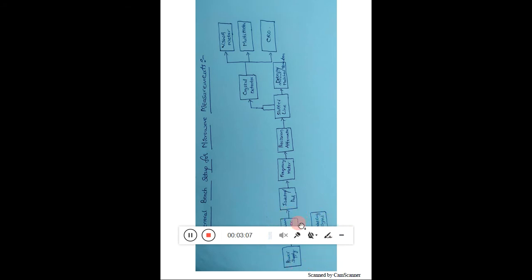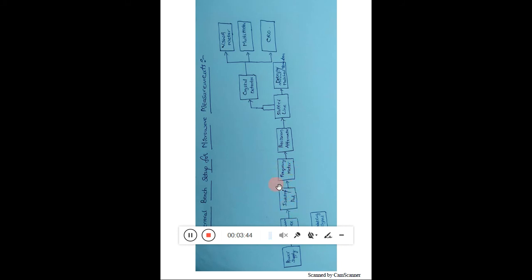Then it is connected to an isolator or a pad. This isolator is a device we have already discussed. It is a unidirectional component. It allows the forward directed signal only, flowing in this direction, and the opposite signal coming from this point in this way, it absorbs all the power. So to eliminate any reflections we get due to an unmatched load at the end point, those reflections are eliminated here.